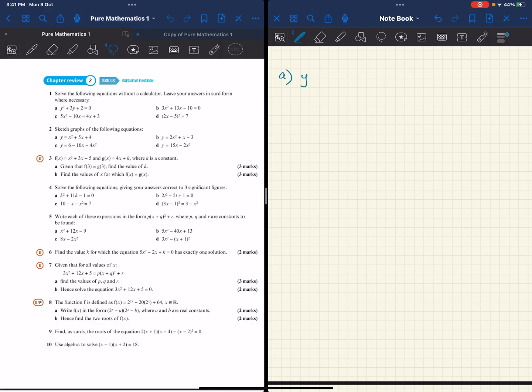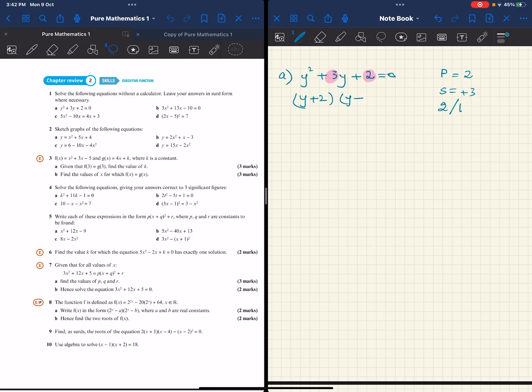y squared plus 3y plus 2 is equal to 0. Very easy. Product is the constant value, which is 2. Sum is the coefficient of y, which is positive 3. So what are the two numbers that multiply to give us 2 and add up to give us 3? 2 ones are 2. So y plus 2